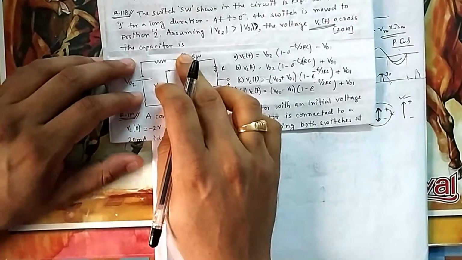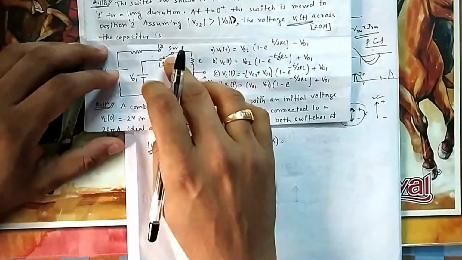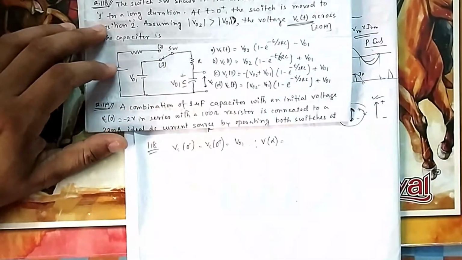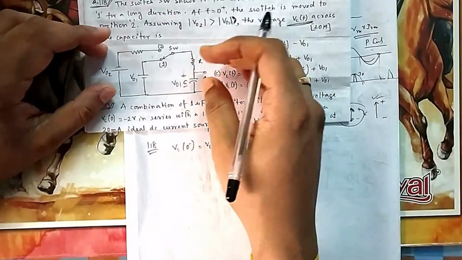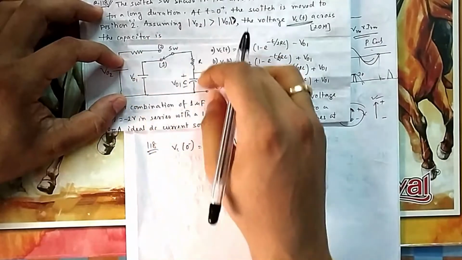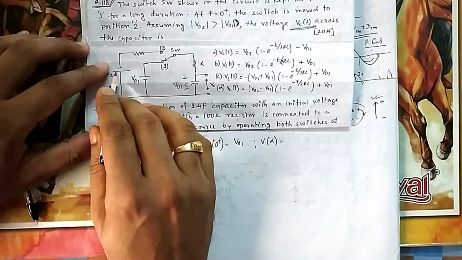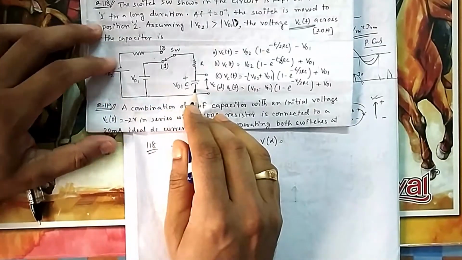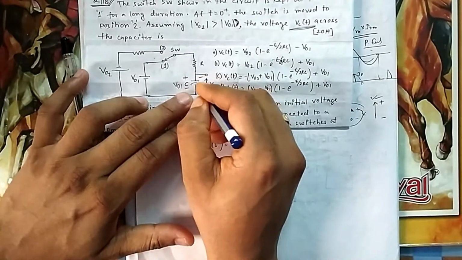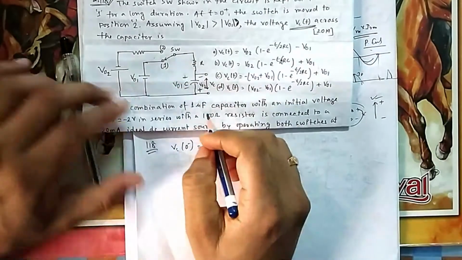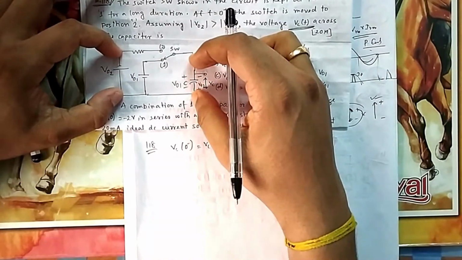Now it is connected to 2. So what is the final value? Because I will be using that mantra, final minus initial. If it is at 2, what will be the final value? Now it will be at steady state again. When the capacitor is fully charged, there will be no current. So this voltage should be equal to this voltage, then no current will flow. You see V02 is connected in a different format: plus is connected to this terminal, minus to the other. So the capacitor will charge, at infinity, with a polarity negative to my earlier polarity. It is V02. If you connect it at 2 for infinite time, then these two sides will be at equal voltage.